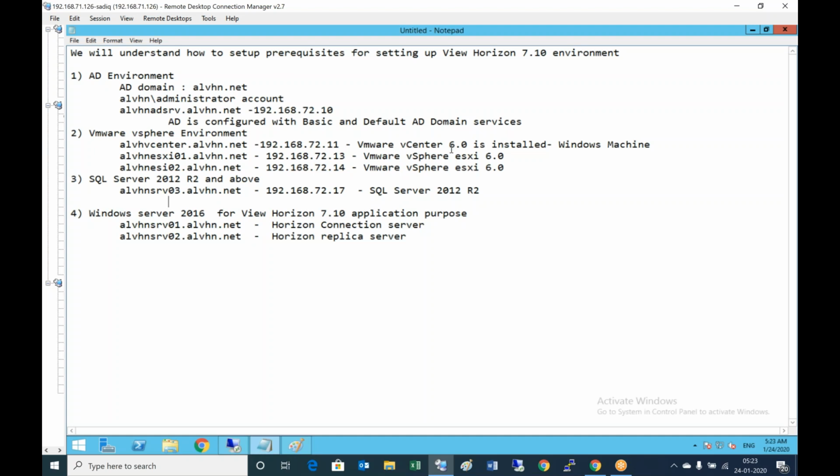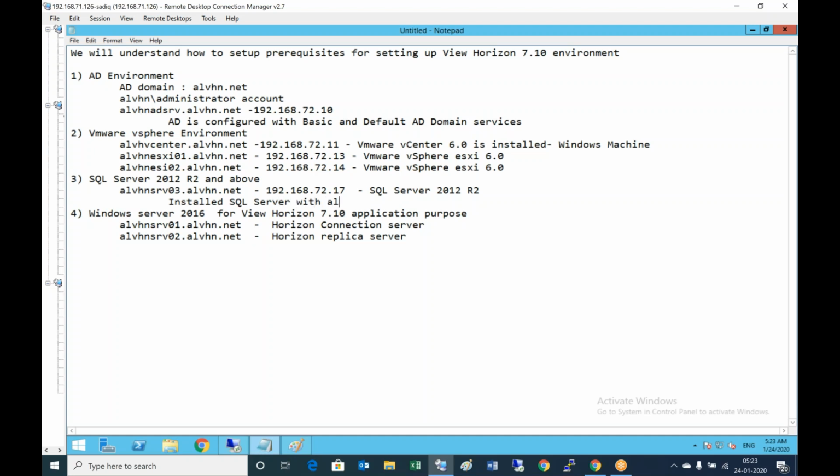We already installed the VMware vSphere vCenter environment, and we already deployed the ESXi server and kept it ready. And we added this server into the domain, and we already installed a SQL server